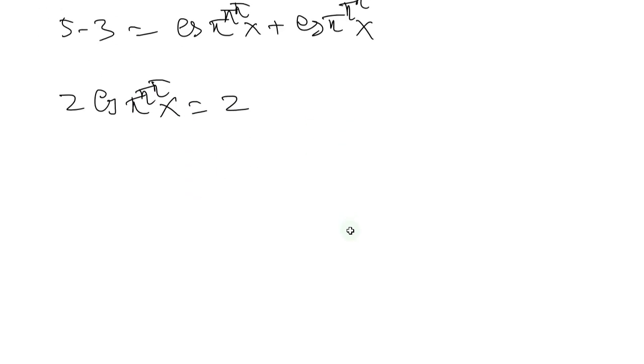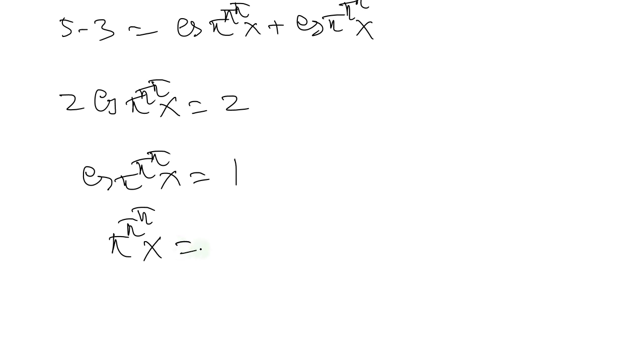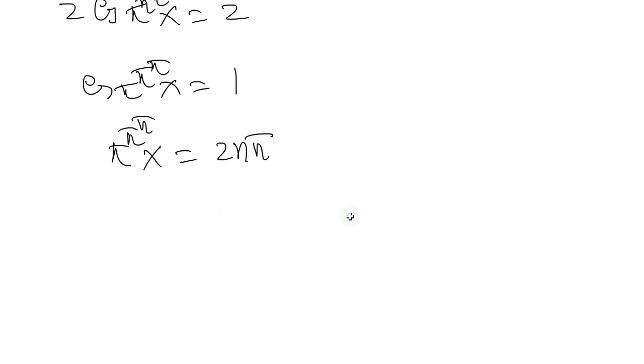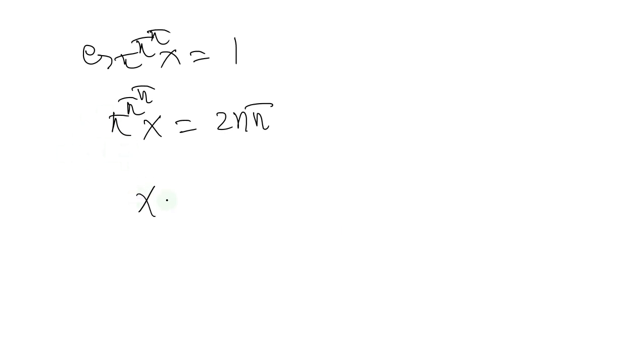So from here we have that cos of pi to the pi x is equal to 1, and this means that for this cosine, pi to the pi x is going to equal 2n pi. So from here we're going to say that x is 2n times pi over